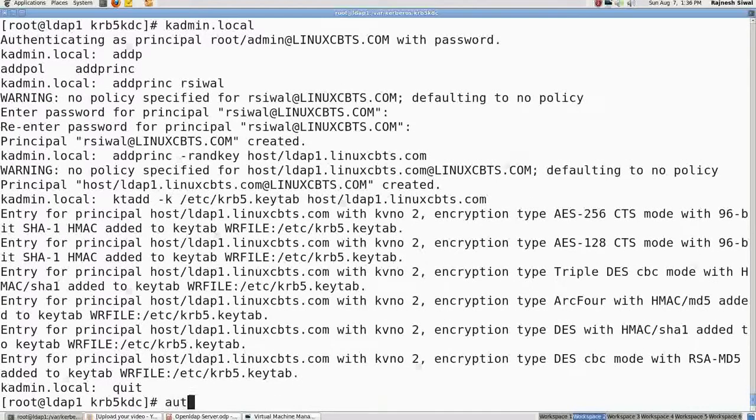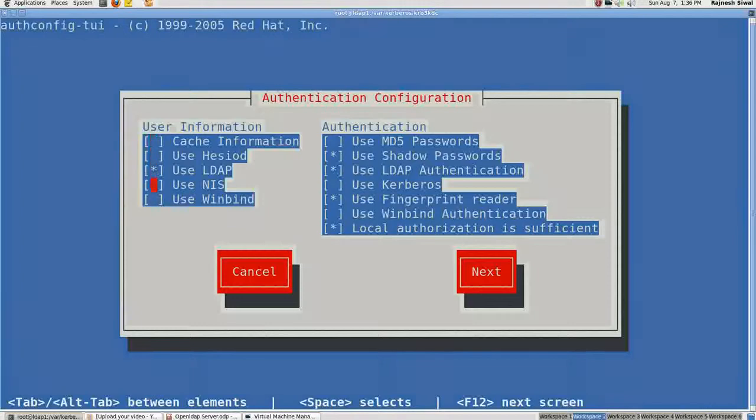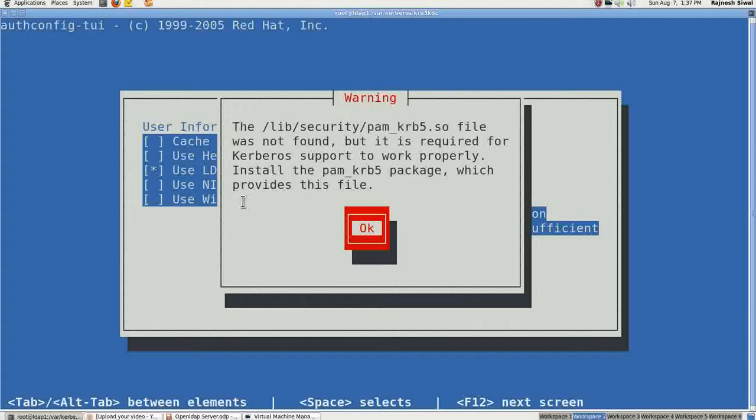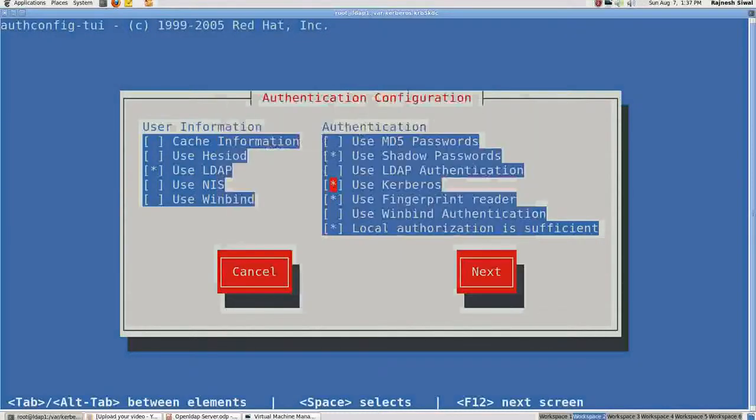Now let's try to configure authconfig-tui, or the authentication, to use the user details from LDAP but the password from Kerberos. For this we'll have to install one more package, pam_krb5.